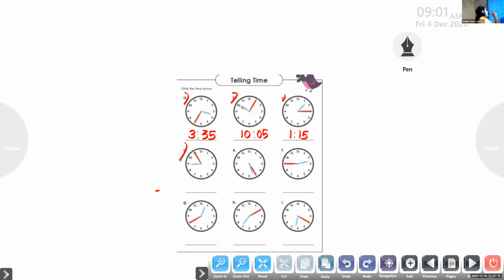Dear, here the position of the hour hand is not on 9. It is near to 9, but not exactly on 9. So it should be 8 hours. And what will be the minute? 11. Is it 11 minutes? No, ma'am, on 11, how many minutes?